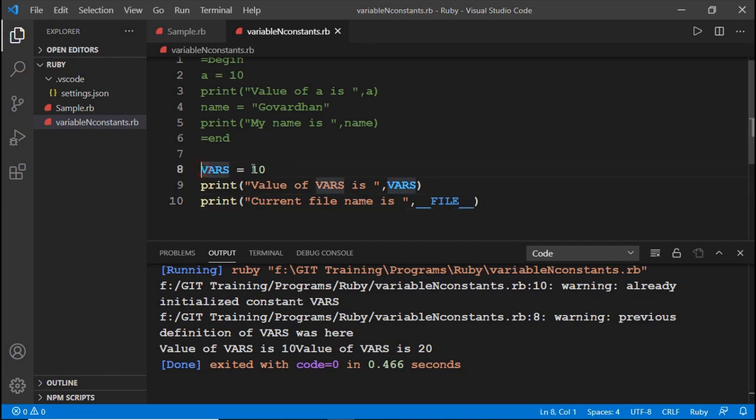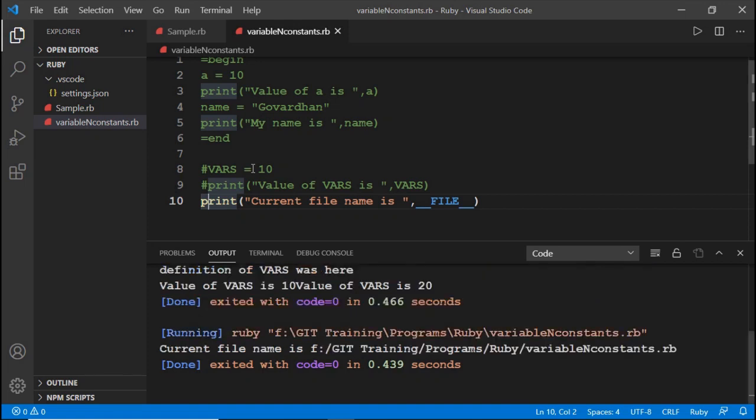We comment the constant variables and run it. See here the current file name is the path of the git training programs ruby variables and constants.rb. So this is our file name.